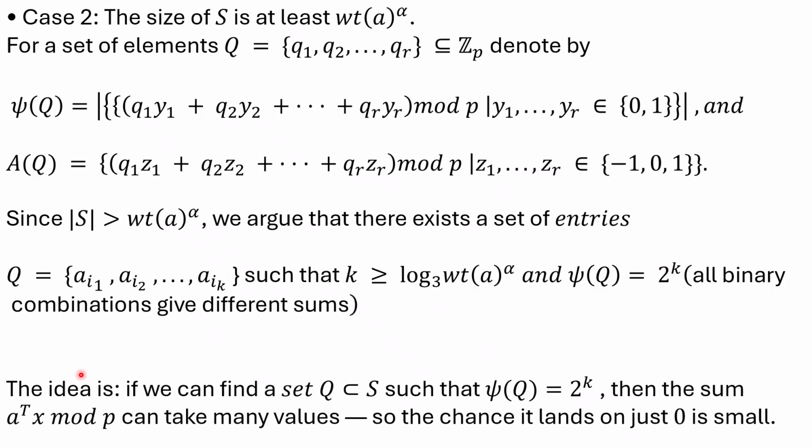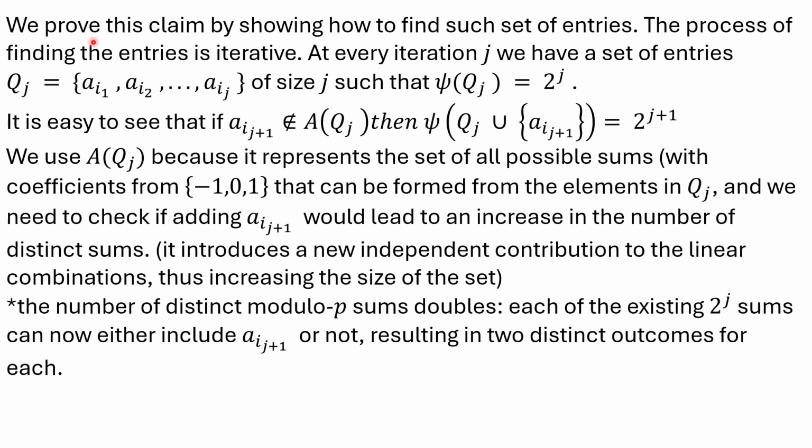So, what are we trying to do? The idea is, if we can find a set Q such that phi Q is equal to 2 to the power of K, then the sum of A transpose X modulo P can take many values, so the chance it lands on 0 is small. We prove this claim by showing how to find such a set of entries. The process of finding the entries is iterative. At every iteration j, we have a set of entries Q of size j such that phi Qj is equal